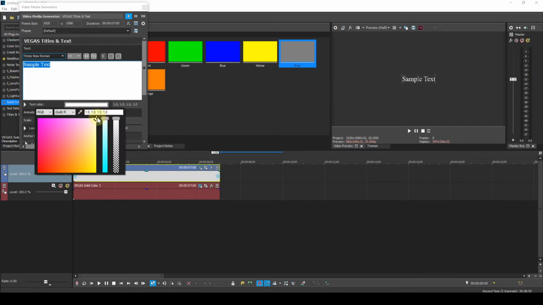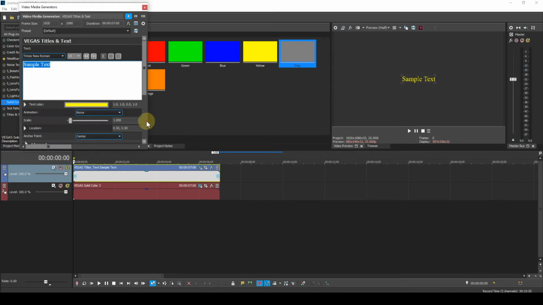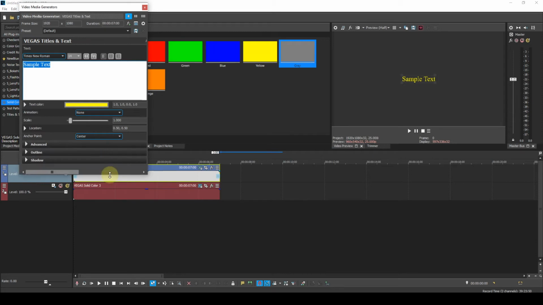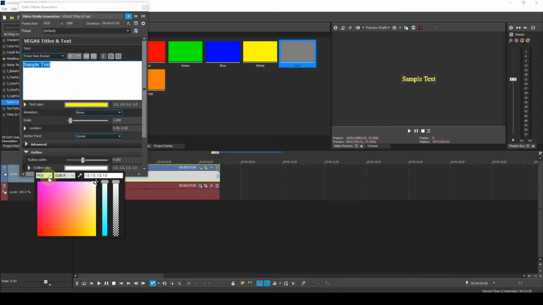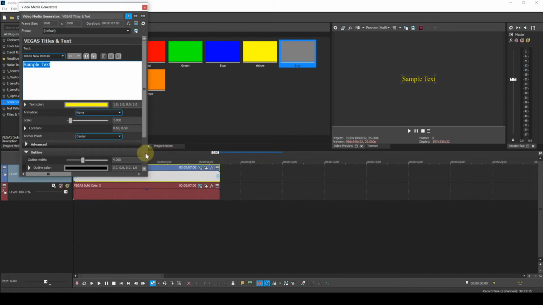So I'll change the font colour to yellow. And also I want to give it an outline. Outline width of 4. And a colour of black. And now I can close this dialog down